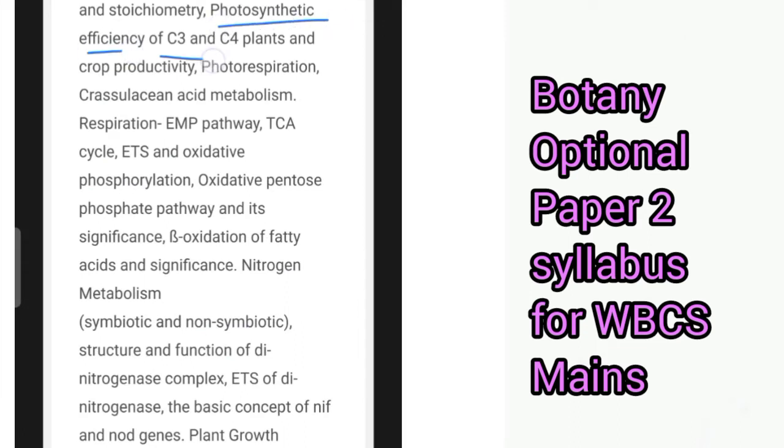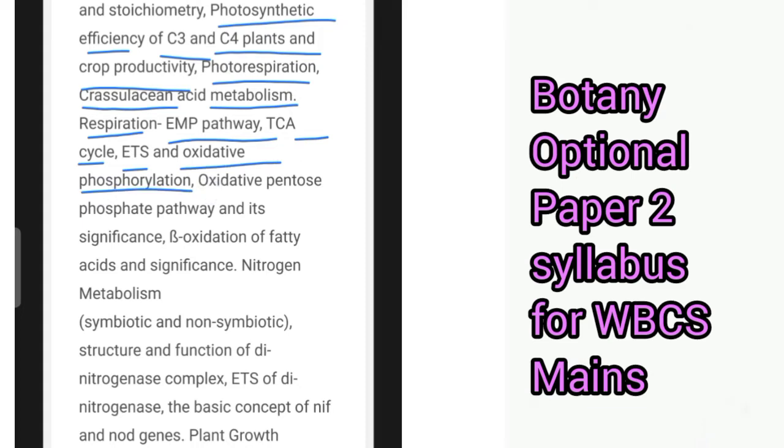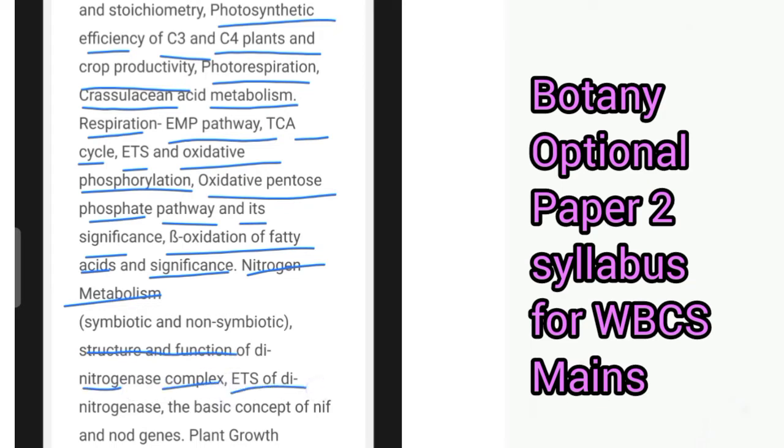photosynthetic efficiency of C3 and C4 plants and crop productivity, photorespiration, crassulacean acid metabolism, respiration, EMP pathway, TCA cycle, ETS and oxidative phosphorylation, then oxidative pentose phosphate pathway and its significance, then beta oxidation of fatty acids and significance, nitrogen metabolism is there, then structure and function of dinitrogenase complex, ETS of dinitrogenase, the basic concept of NIF and NOD genes,